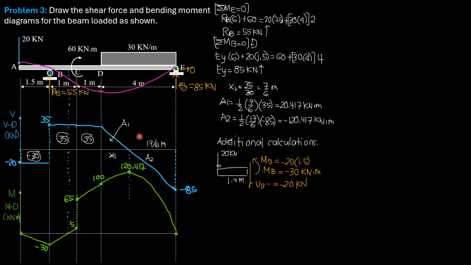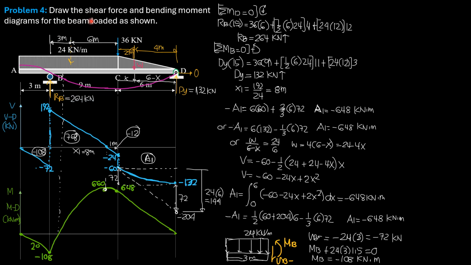So that's it. Now, how do we know that the elastic curve is above A? The load here is heavy, 30 times 4, 120 compared to 20. So naturally, this will bend down here. So it traces partially that part. So as long as this is concave downward for that part, concave upward, that's correct.